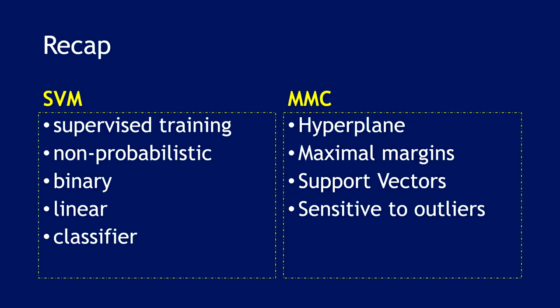So to recap, we have had an introduction to support vector machine as a supervised training method. It's non-probabilistic, so hopefully you've noticed that we did not talk about probability at all. We were just measuring distances and solving linear equations. It is a binary classifier. It is linearly based. And we have talked about one of the 3 different methods to implement support vector machine. This is the most basic version, the maximal margin classifier. It uses a hyperplane to